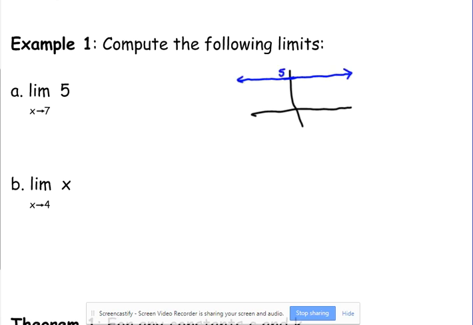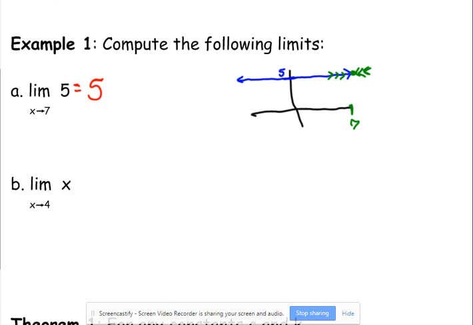That is the function f of x equals 5, or y equals 5. So as we're getting closer and closer to 7 from both directions, what y value are we approaching? Of course, we're approaching 5 because our function is always equal to 5. So that's a really easy question,